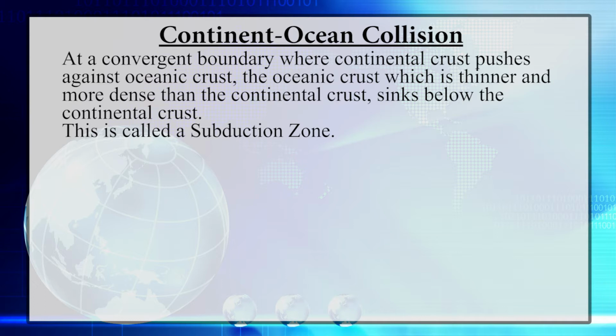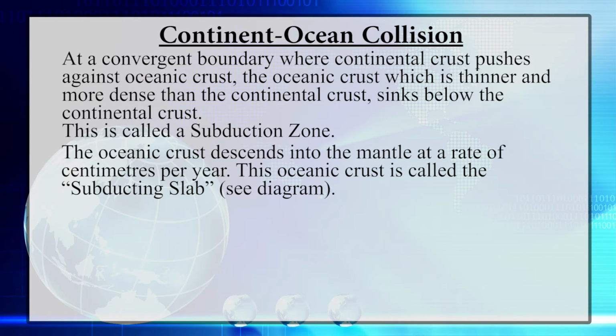Actually, in the Benioff zone, there is a sharp angle of 30 degrees to 80 degrees, and in most of the cases, the angle is found as 45 degrees. So, the Benioff zone is a particular type of subduction zone. The oceanic crust descends into the mantle at a rate of centimeters per year, and this oceanic crust is called